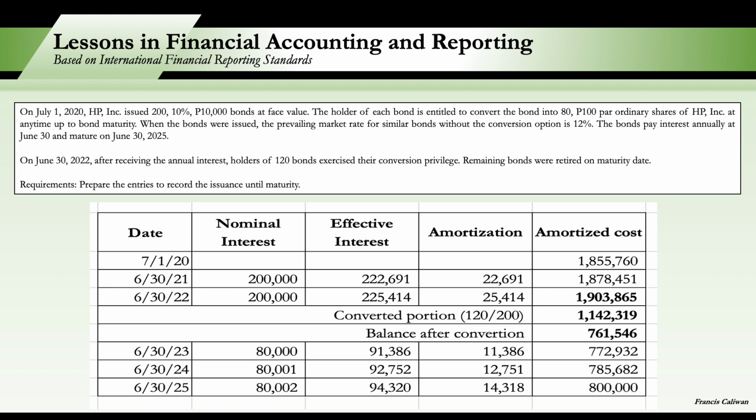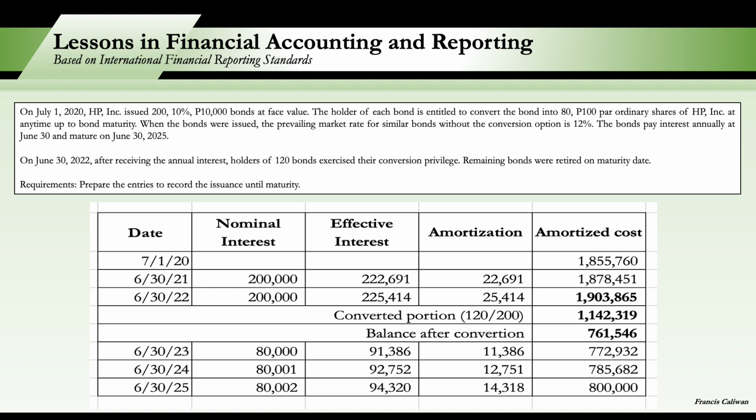As you can notice, on June 30, 2022, 120 out of 200 bonds were converted. So we deduct the carrying value of the 120 bonds from the carrying value of the 200 bonds. Therefore, by July 1, 2022, the beginning amortized cost of our bonds is